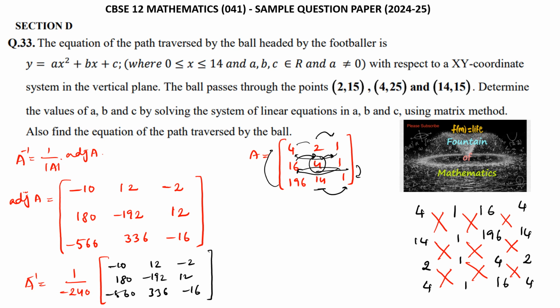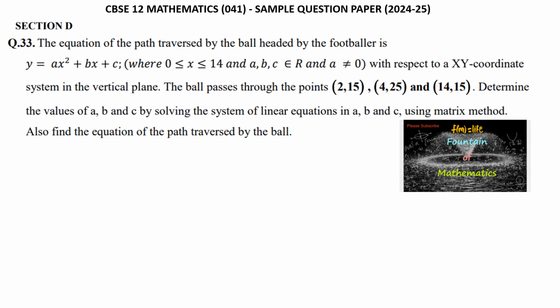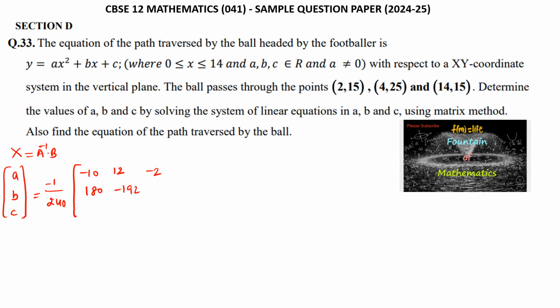Okay. Now we have X is equal to A inverse into B. Let us do it. So we have X is equal to A inverse into B, that is the ABC variable matrix, which is equal to A inverse, minus 1 by 240 times minus 10, 2 and 12 and minus 2 and 180 and minus 192 and 12, minus 560, 336, and again negative 16,